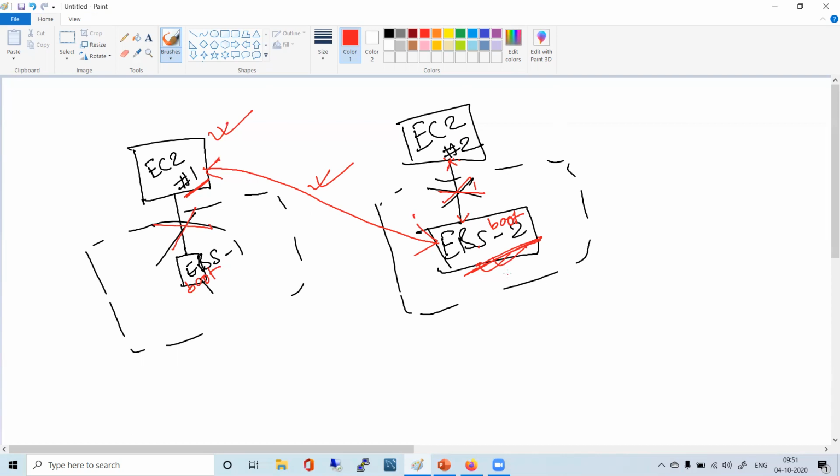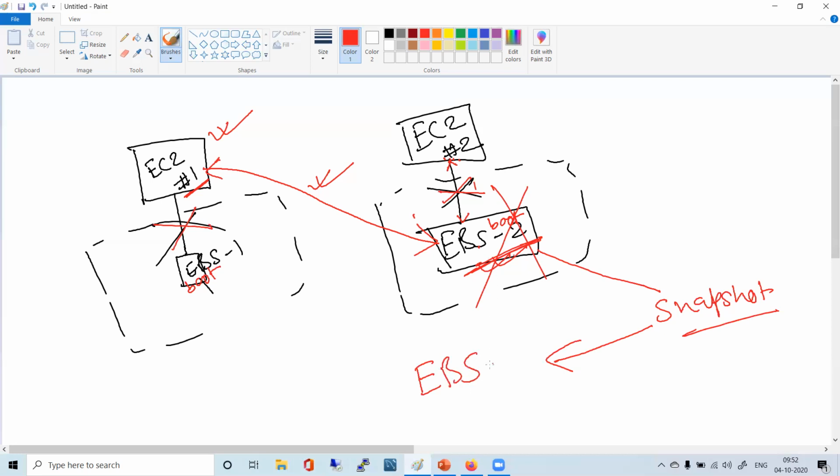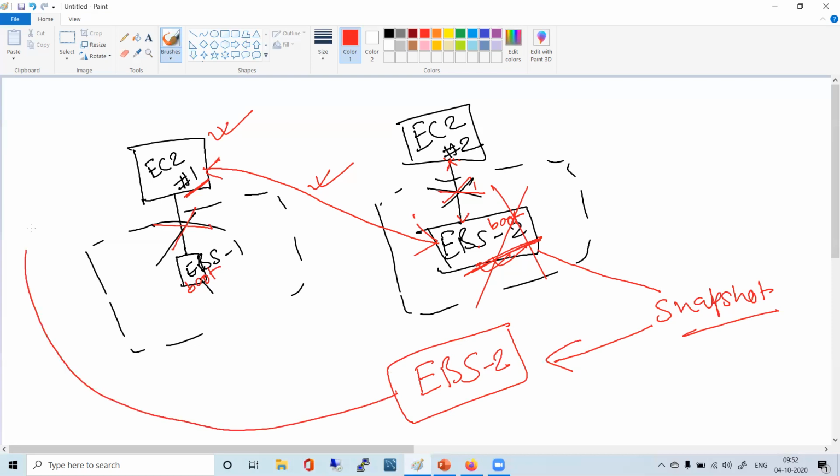Now, what you have done is taken a snapshot of this particular volume, and then you have deleted this. Now, from this snapshot, you can create the same EBS volume that you were having and connect it to this particular EC2 instance.